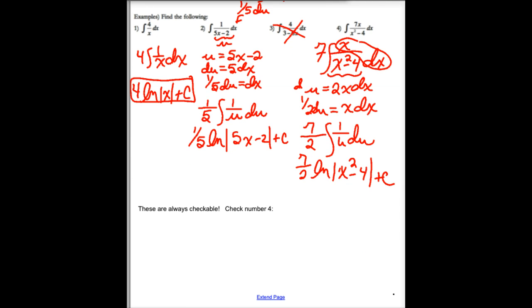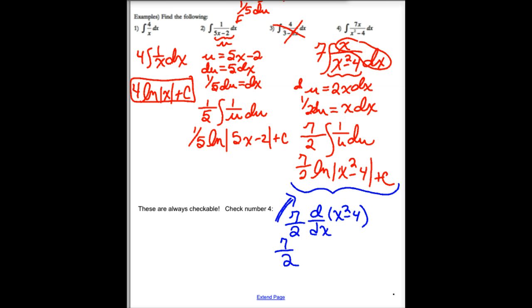And remember, if we've taken an integral correctly, or an antiderivative, then when I take the derivative of my antiderivative, I should get the integrand back. Well, if I take the derivative of this function with respect to x, the 7/2 comes out front, and I really end up with the derivative with respect to x of x squared minus 4. And what that gives me is, oops, sorry, I forgot the natural log. It gives me 1 over u